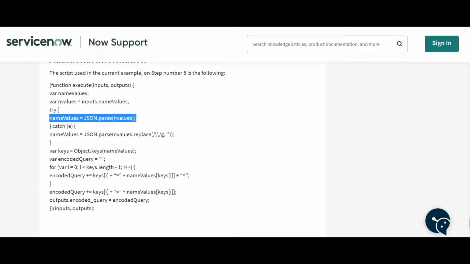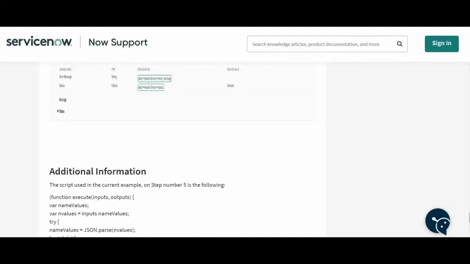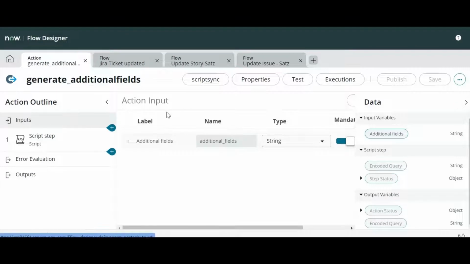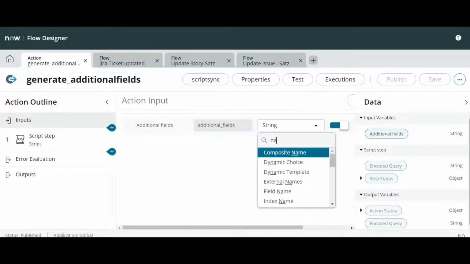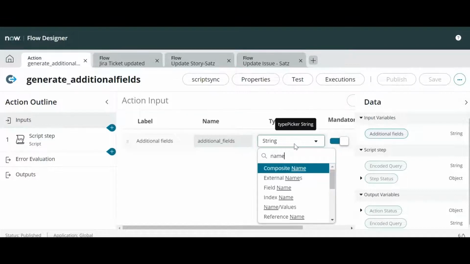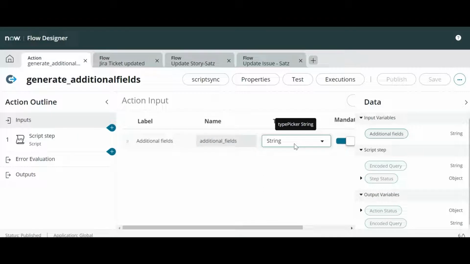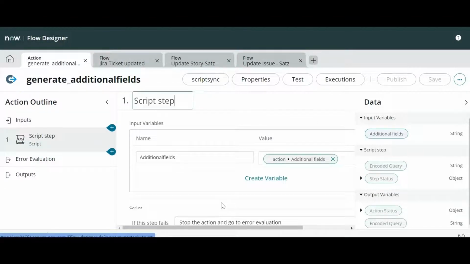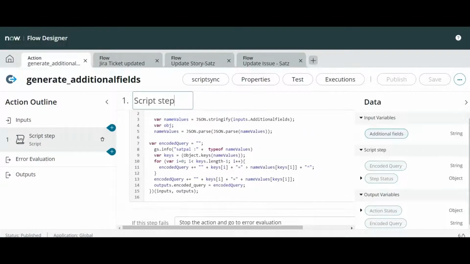The literals are not correct, the object should be string or something like that. Actually, I'll explain the scenario, what's happening. When you create a first input as an additional field, the document mentions it should be name or value, like name and value, but in actual it should be string. So please select this as a string, and when you go to script, make sure that you can copy